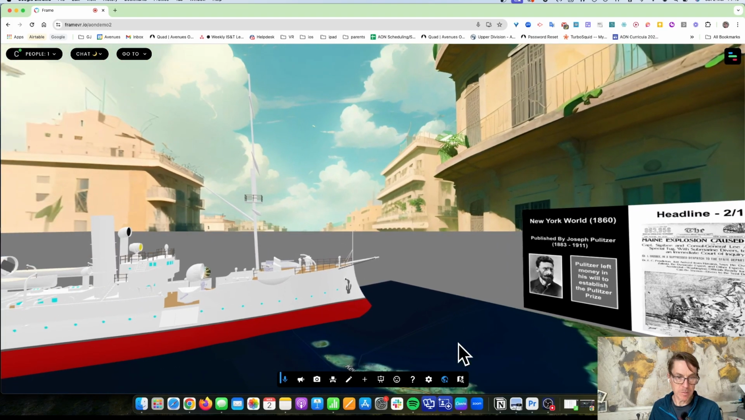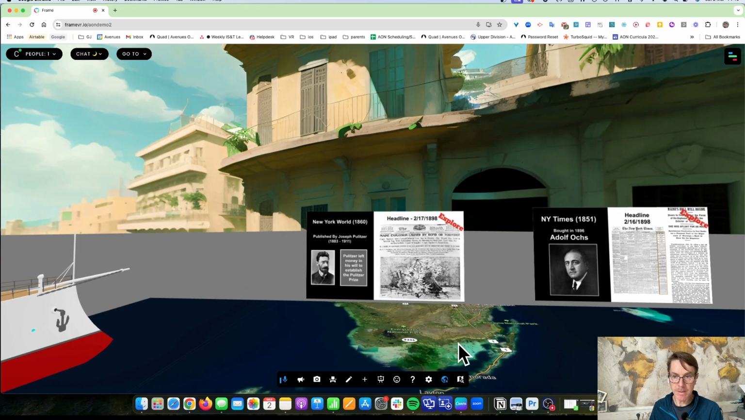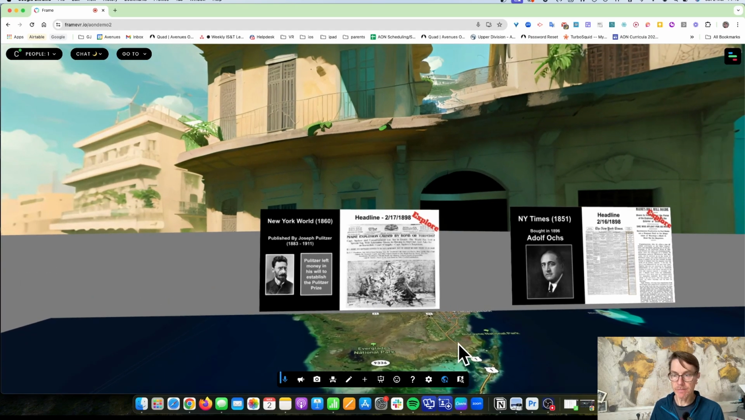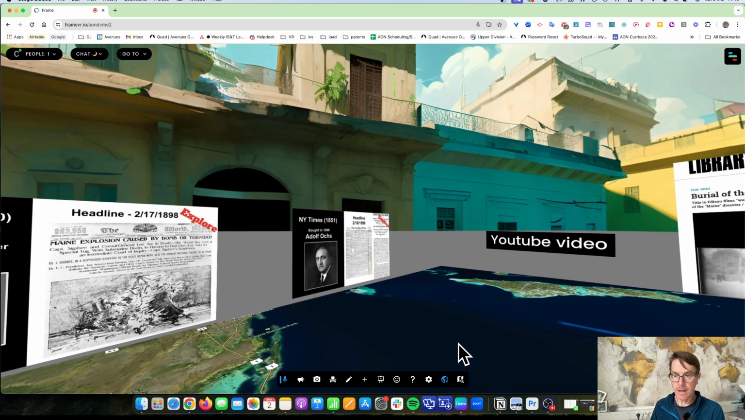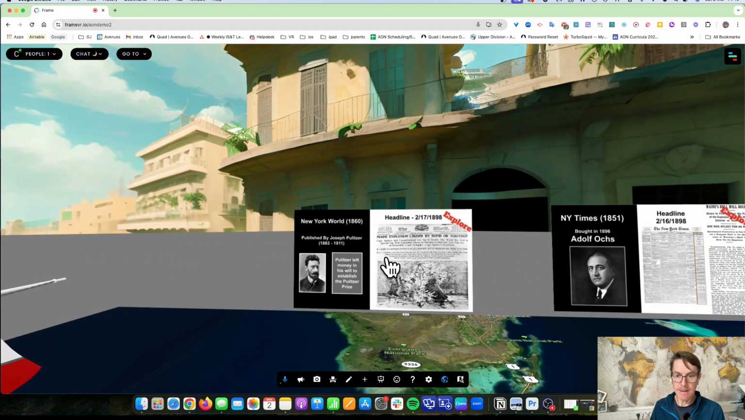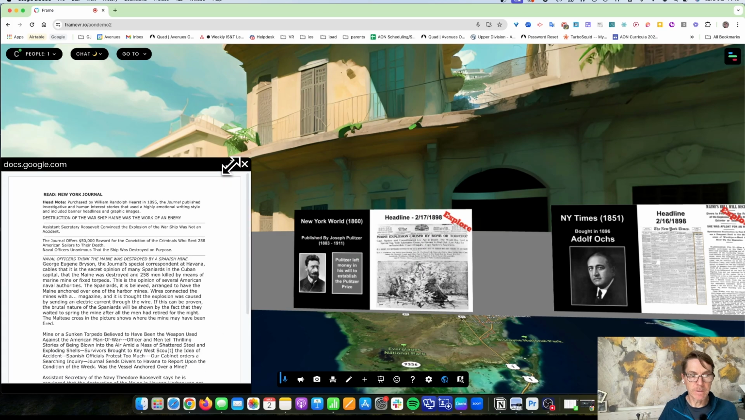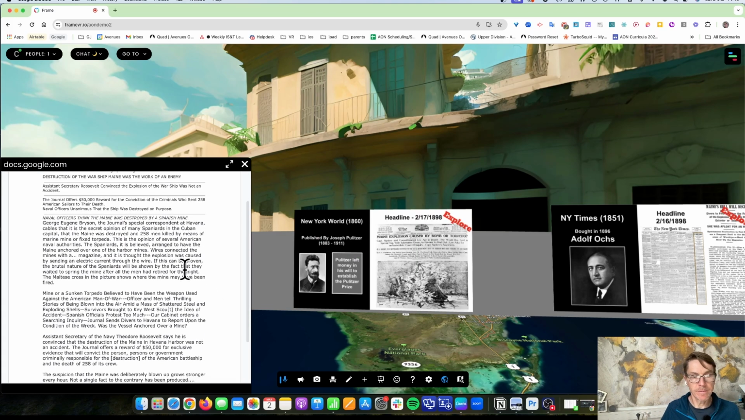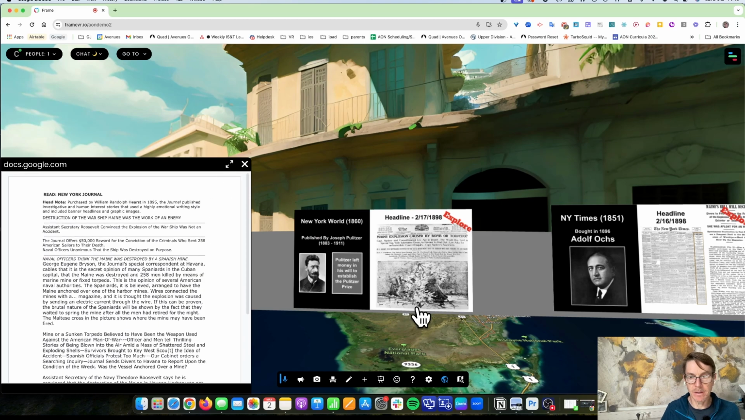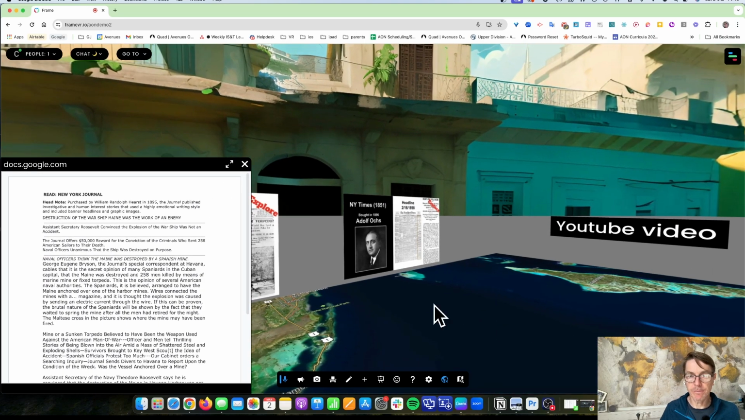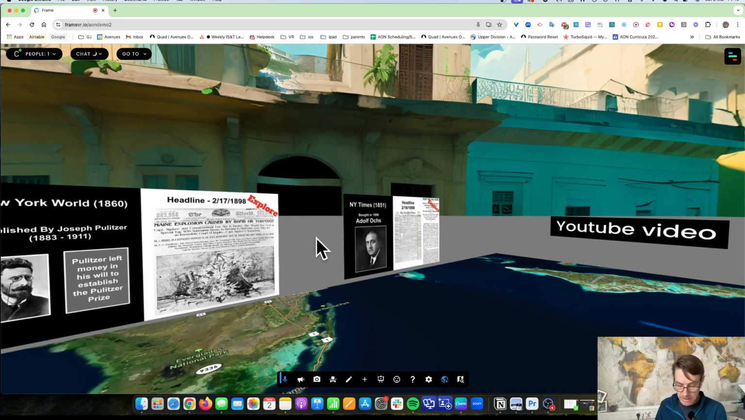So this is an experience around the USS Maine bombing in Havana Harbor. And it's taken from a hyperdoc that I found online that somebody had created. And these materials would have been linked within the hyperdoc. So when I click here within Frame, I get to read this New York Journal that is in Google Docs, but notice that I can continue in the frame, read that for as much as I need to,